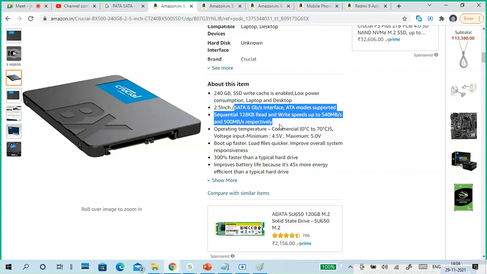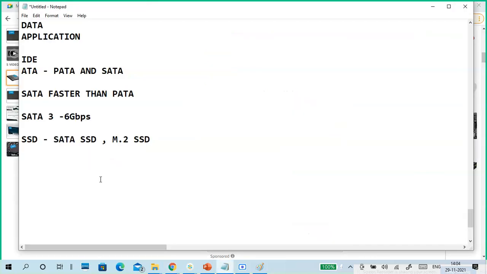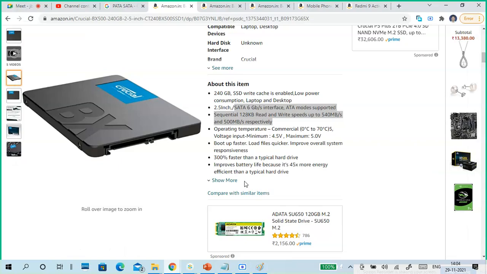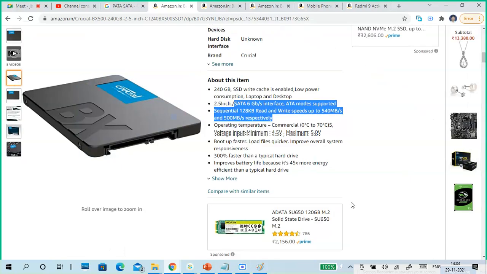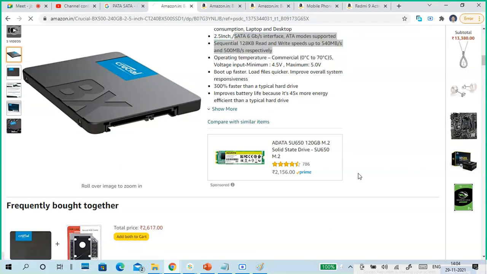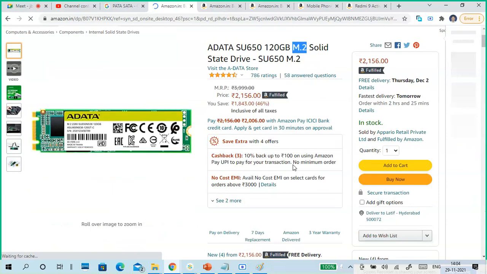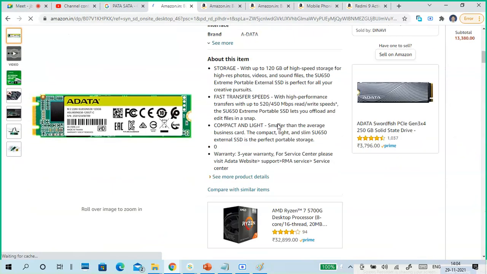So you can see the speed of normal SATA interface support. If same 240, so same thing. If you go to an M.2, what will happen? See, you can see it's a 120 GB M.2 solid state drive. This is the speed.